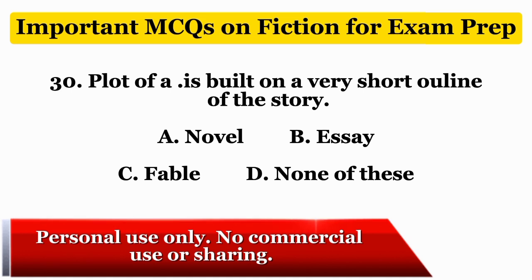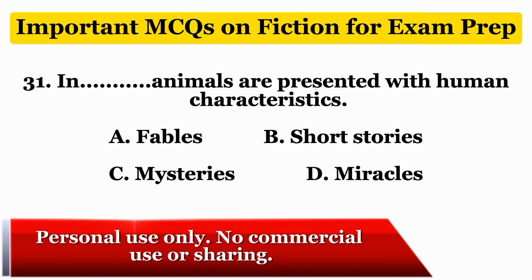Plot of a work is built on a very short outline of the story. A. Novel. B. Essay. C. Fable. D. None of these. The correct option is C. Fable. Plot of a fable is built on a very short outline of the story, in which animals are presented